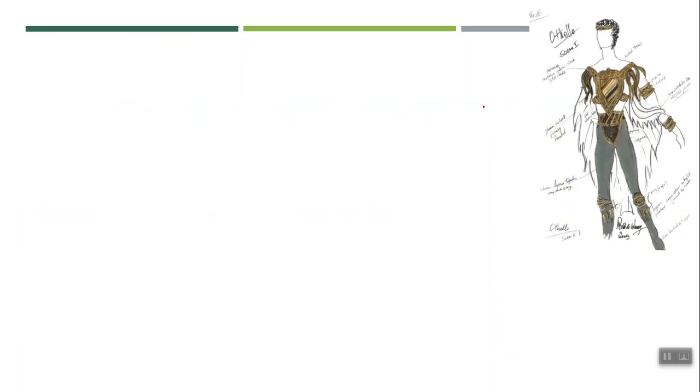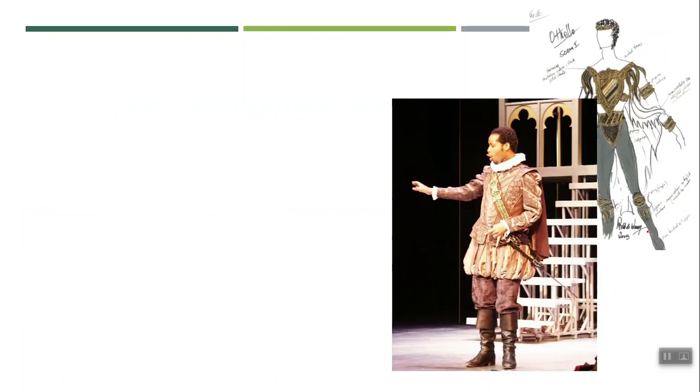These are from the play Othello. This is a sketch from one version of Othello that the person putting on the production had the costumers sketch out. If you've never read it, Othello is a general. He is from Africa. He is in Venice. He's a Moor. So some of the plays emphasize the fact that he's a general. Here he's got a shield on, right? And then the typical Shakespearean kind of apparel.